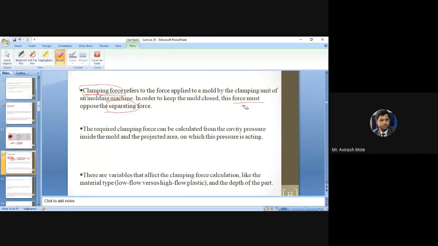Here I will show you. So the only purpose of the clamping force is to keep the mold closed. Otherwise, what will happen? The outside atmospheric air or gases will try to enter into the cavity, and this will trace a path which will create voids.